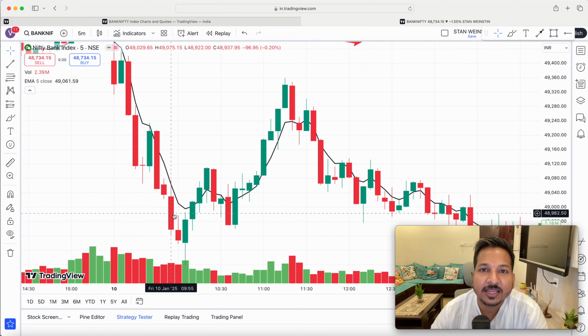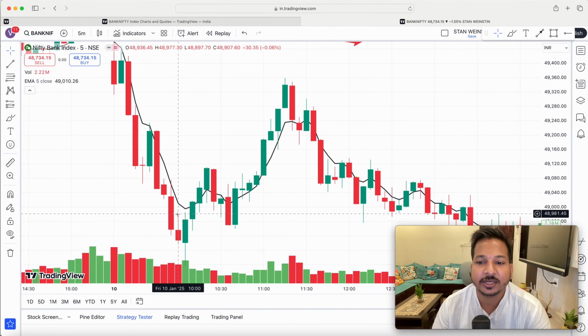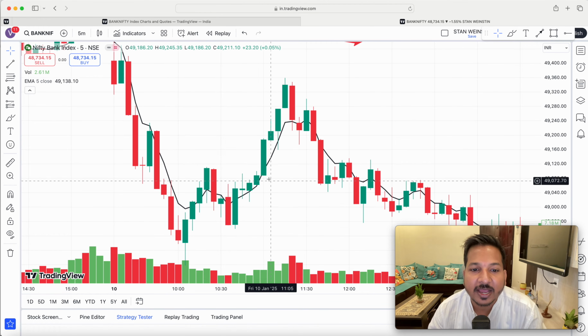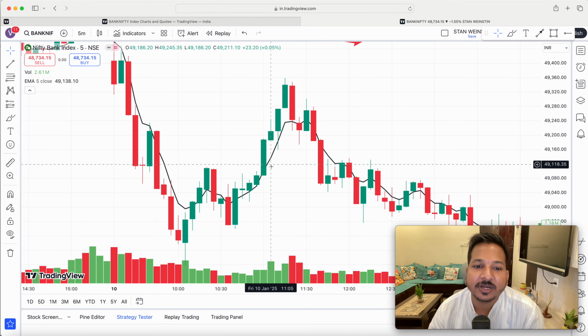Try one lot. If you get confidence and this matches your trading psychology, then you can put in more money and increase your capital for intraday. At least you are following some system. So you have to add the 5 EMA indicator, and the chart will be a 5-minute chart. This 5 EMA and 5-minute chart we use in Bank Nifty and Sensex for option trading,